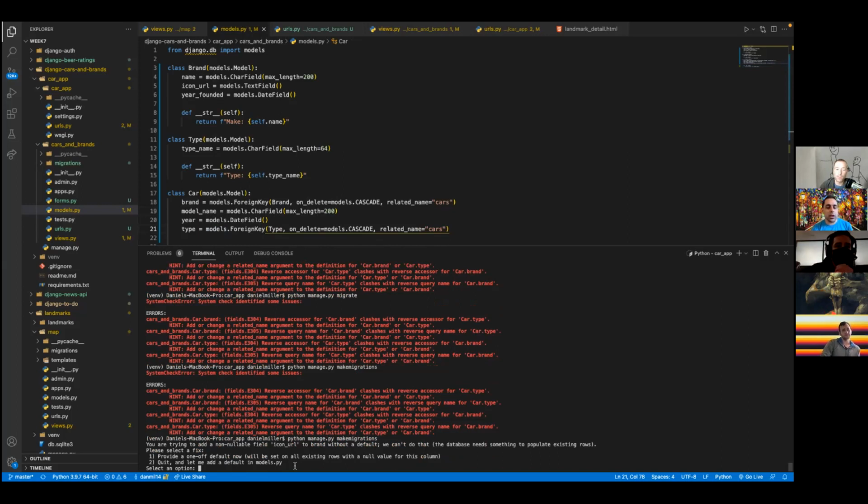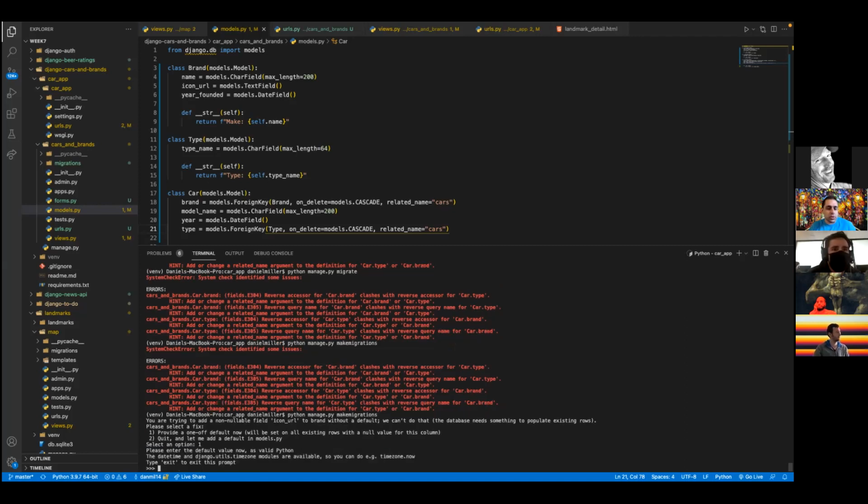Cool. Okay, so the second error at the bottom is something that you will likely see. Anytime you add a field to an existing model, Django needs to know how to populate the database table for that new field for existing records. The two options you have are either to provide a default right now to update any existing records. Obviously, we don't have any records right now, but if we did, it would fill in that new field with a default value. Or option two is to provide a default in your models, meaning anything that gets created in the past or future will have a default value if one is not specified. So here, we could probably just do option one and put in,